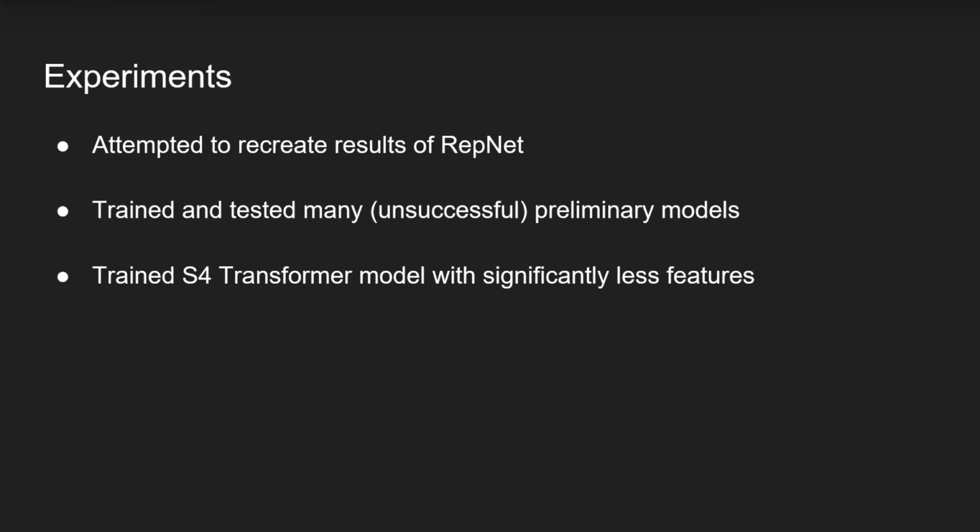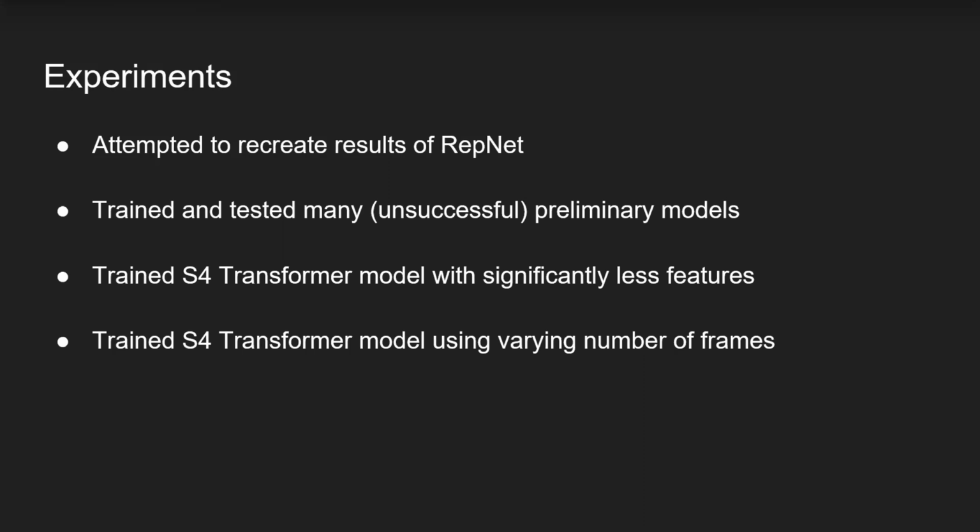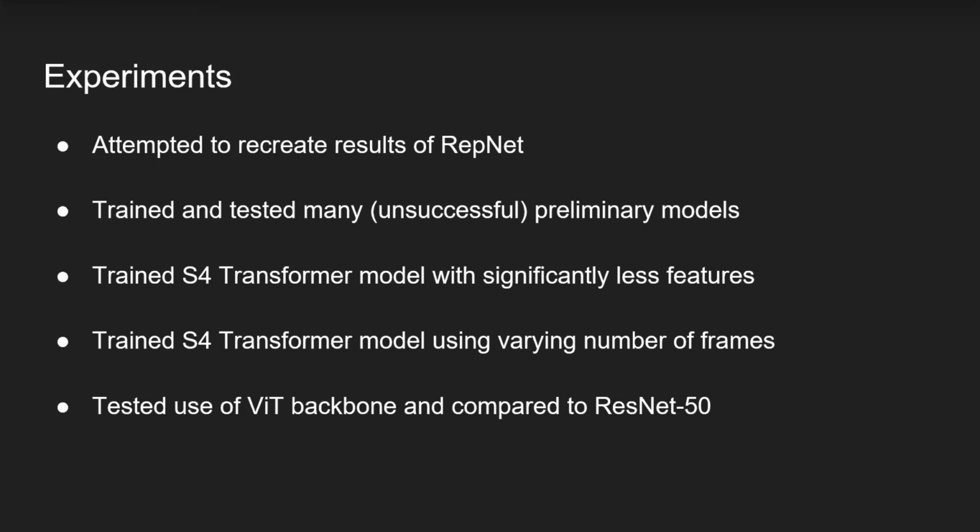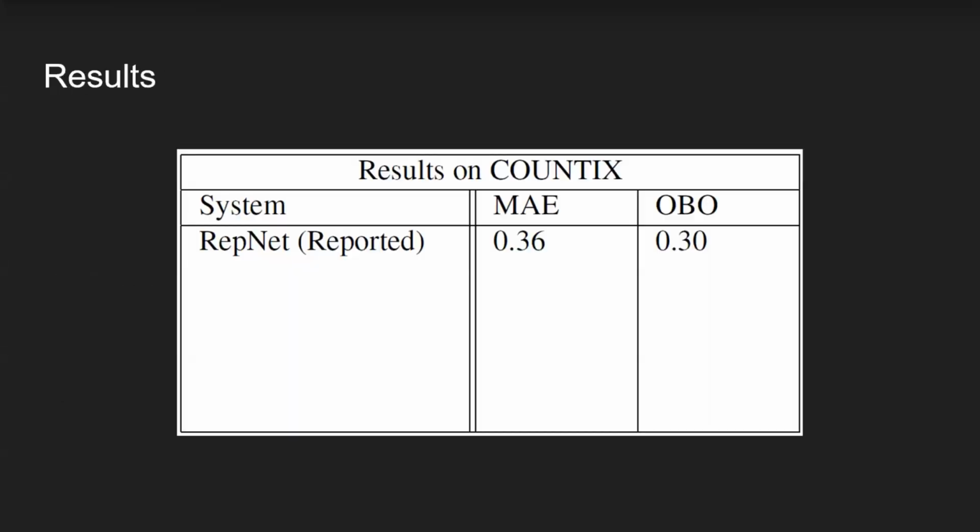One was with a different number of features in the input. And the number of different frames that we fed into the network were 64, 120, 180, and we tried different values of all of them. We also tried a different ViT backbone instead of the ResNet, just to see how the results vary. So moving on, the reported RepNet model has a mean absolute error of 0.36 and